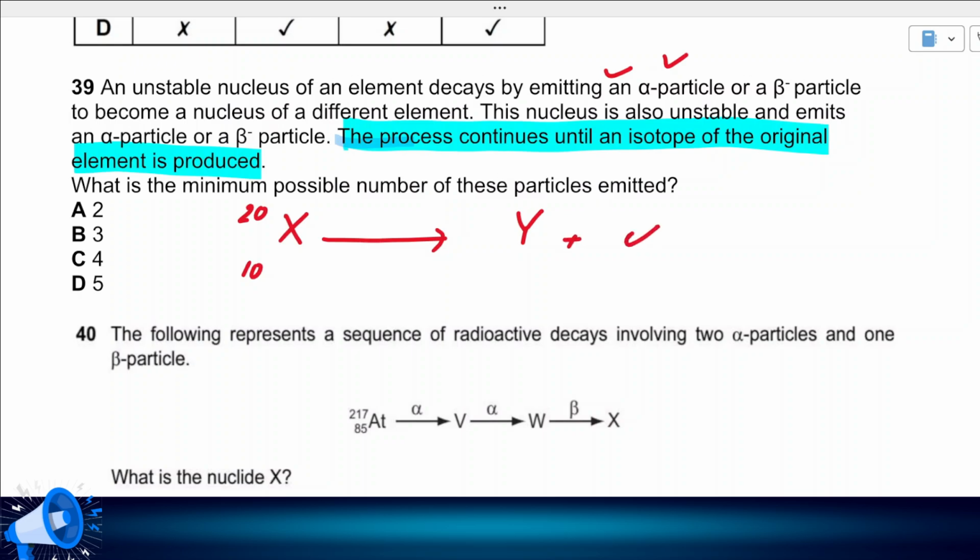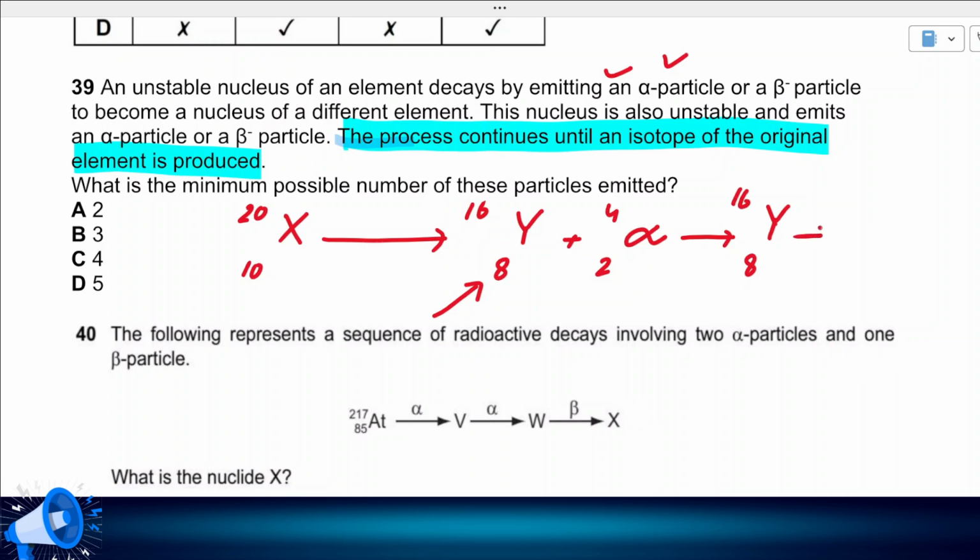So if this element goes alpha decay, the atomic number would be decreased by 2 and the atomic mass would be decreased by 4. But we don't need to worry about the atomic mass. All we need is that we should be having the same atomic number here. So let's say this one